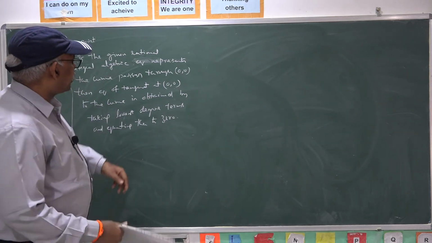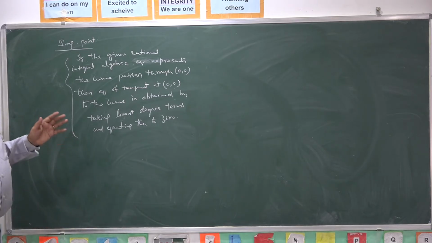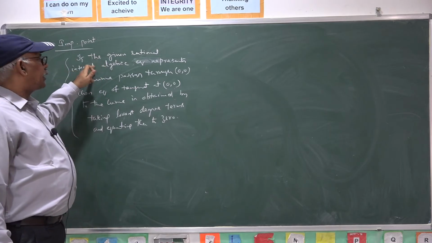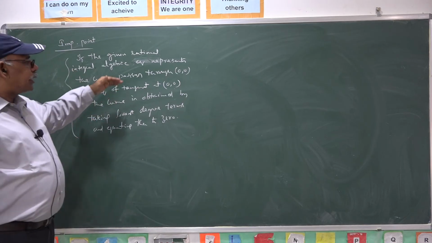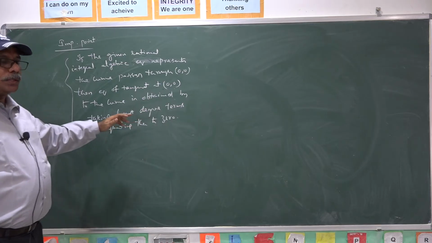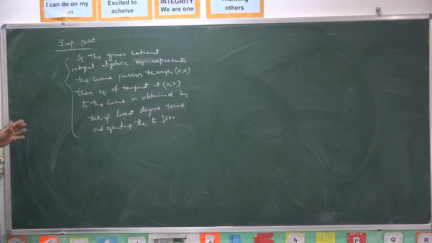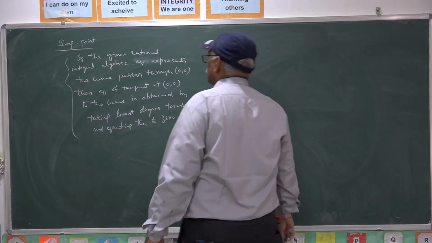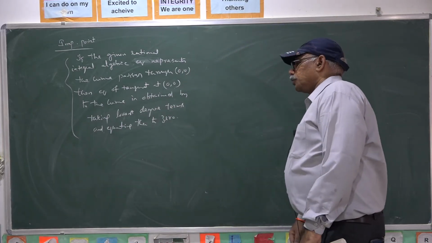Particularly, the curve must pass through origin, and the tangent is needed at origin, for such curves where the rational integral algebraic equation represents the curve. In such a case, the tangent at origin is obtained by equating the lowest degree terms and leaving the higher degree terms in the equation to 0. We get the equation of tangent. So, it is obtained by taking lowest degree terms and equating them to 0.